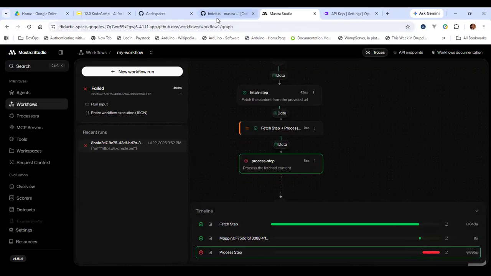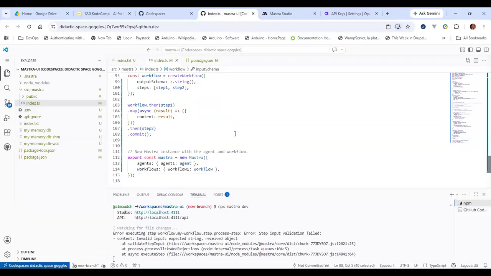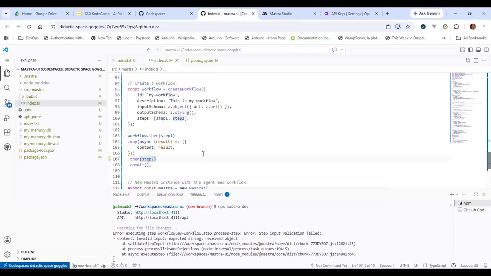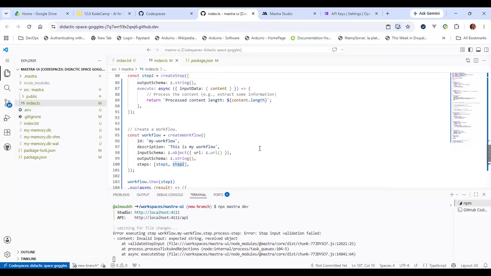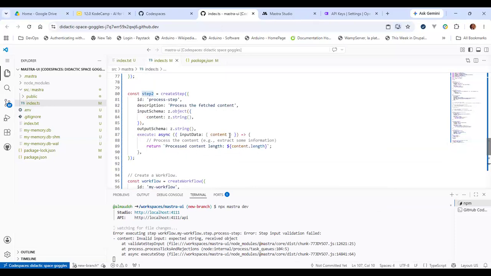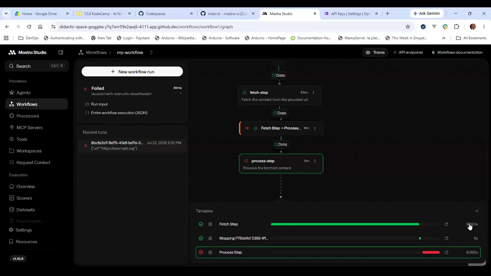It's red. That one wasn't done. The process step was just, where is the process step? We mapped this and then we did step two. So step two, where's step two? Process content length. So something is missing there anyway, right?